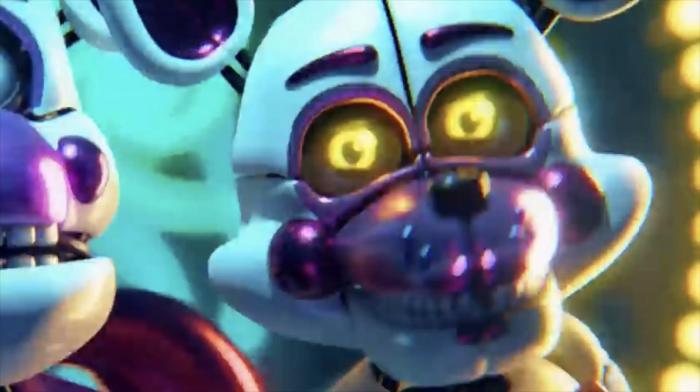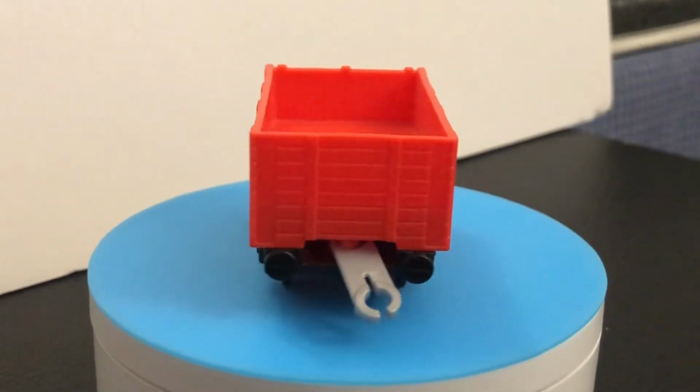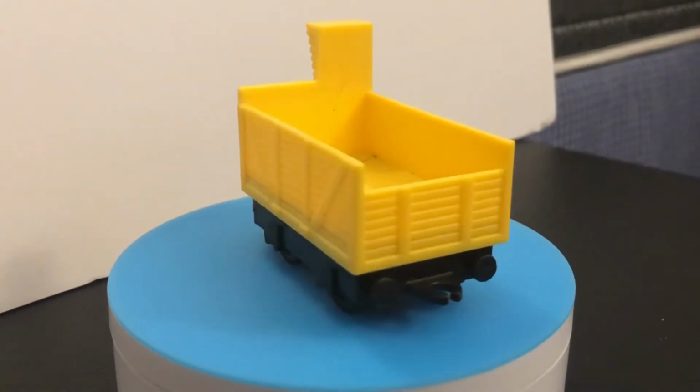On to my favorite range of Thomas merchandise, Trackmaster. As always, we'll take a look at the rolling stock first, which is a red Trackmaster 2 truck, an orange truck, the red truck from the Talking Thomas and Percy set, the yellow truck from the Talking Thomas and Percy